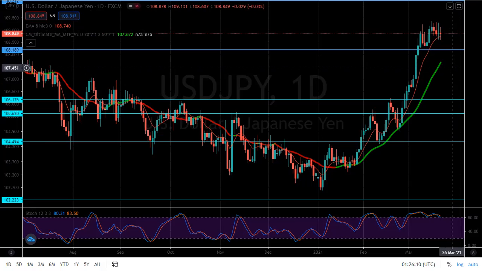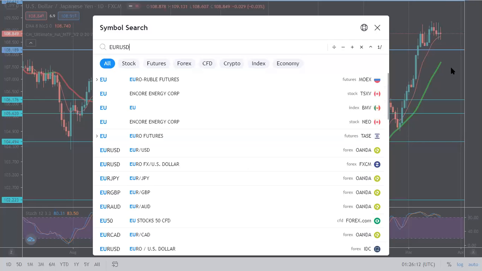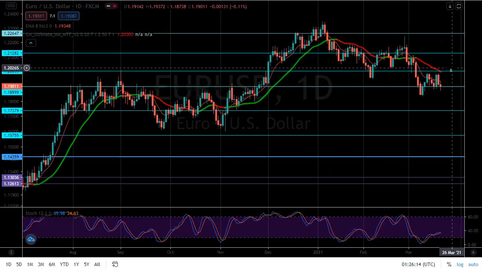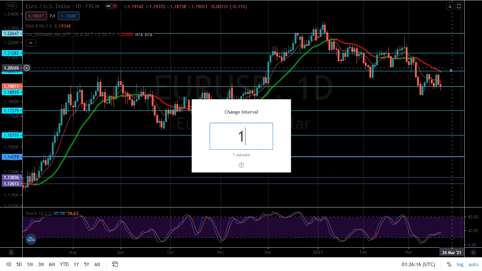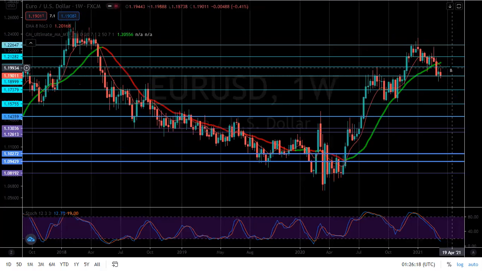So the last I'll look at is the euro dollar pair. Let's look at the weekly time frames quickly. Let's see how fast we can make this video. Now for this pair, we had a hammer, if not a hammer per se, because the week to the upside is quite long, and